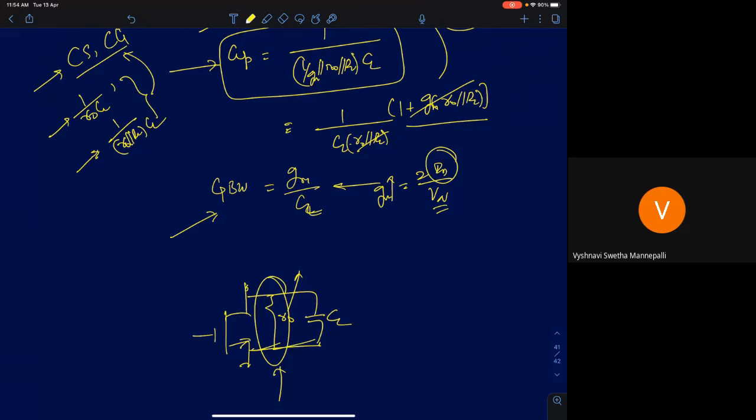But sometimes the design constraint is such that you can't increase power. If you can't increase power, you can't change bias current. If you can't change bias current, GM cannot be changed. Then for a given load capacitance, you cannot change your gain bandwidth product. You have to live with it. So if you increase gain, you will be losing out on bandwidth. If you increase bandwidth, you will be losing out on gain. Gain will reduce, but the product GBW will remain the same.